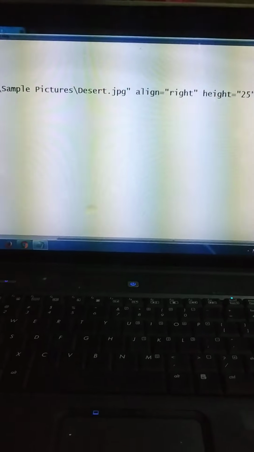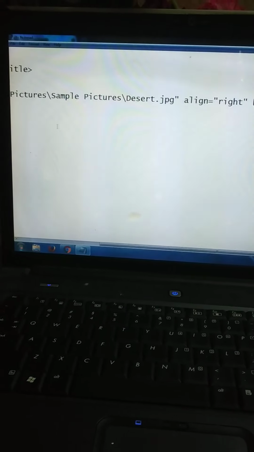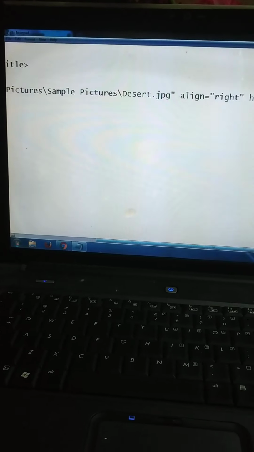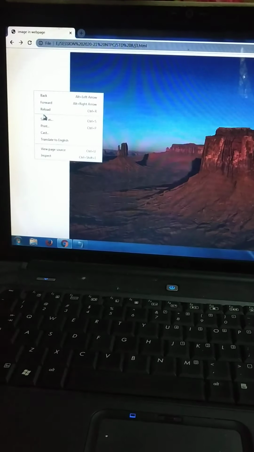Okay, so again as I have made some necessary changes, I will go to file, save, then again I'll go to my browser, then again I will reload it. Now you can see the image has become so tiny, but I want a bigger image.